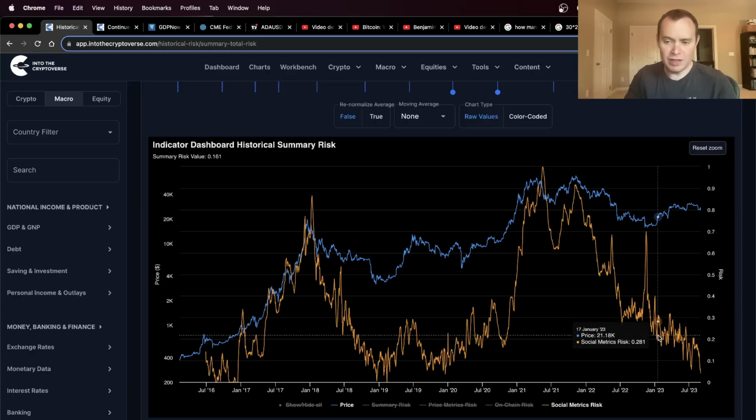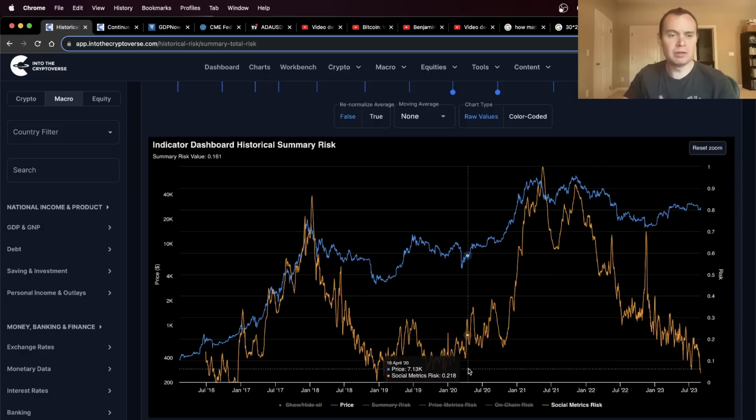The reason I thought that is because the social risk was just continuing to put in mostly lower highs and lower lows. And as long as you can see people leaving the space, right, as long as you can see that in front of you, then it likely means that the altcoin market will continue to get hit hard and the altcoin reckoning will continue. That is what it generally means.